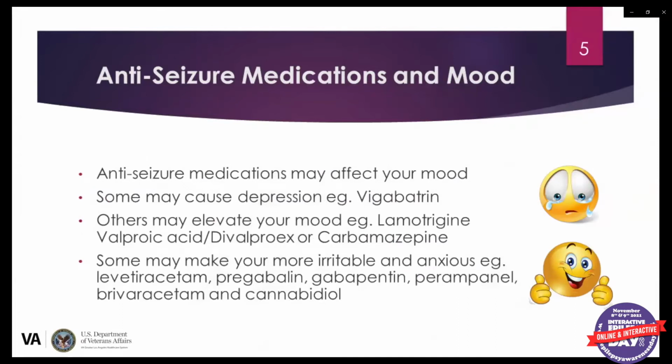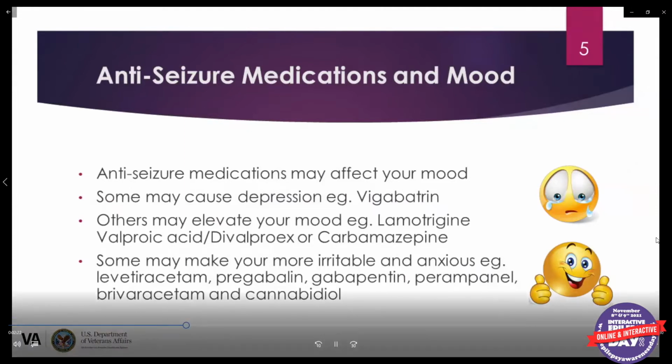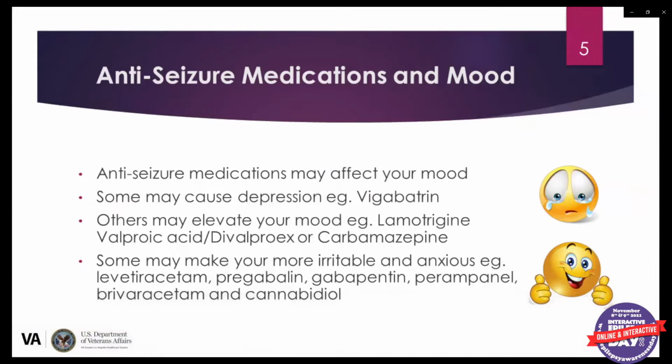The main goal for epilepsy treatment should be to control and ideally get rid of seizures. At the same time, it is important to pay attention to how the seizure medications make you feel and how they affect your daily life. Sometimes a medication works well to control seizures, but it may affect your mood. For example,